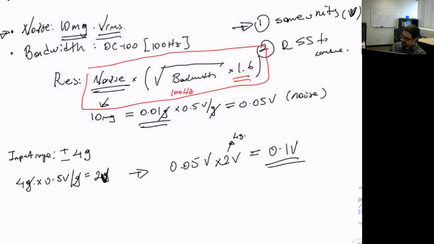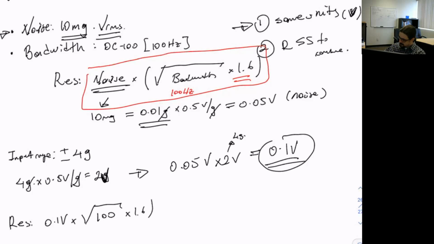Therefore, my resolution will be calculated as 0.1 volts, which I've calculated from here, times the square root of 100, times 1.6, and this will be